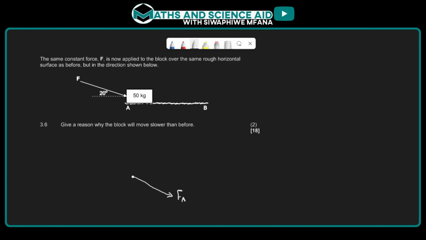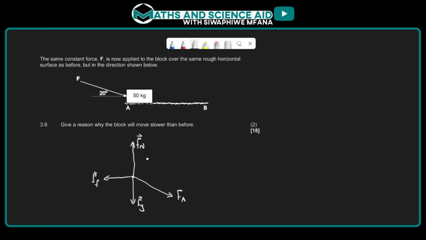And we still have the same gravitational force as before, Fg, so downwards as before, and our frictional force is still going to be pointing in the opposite direction to the applied force. And the surface is going to exert a normal force, Fn,